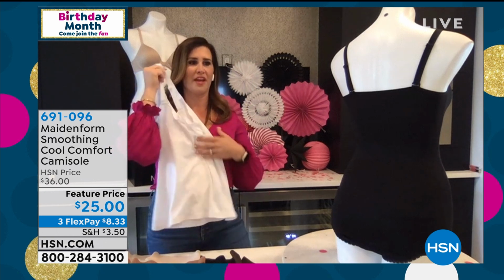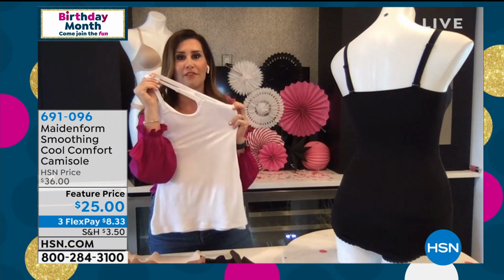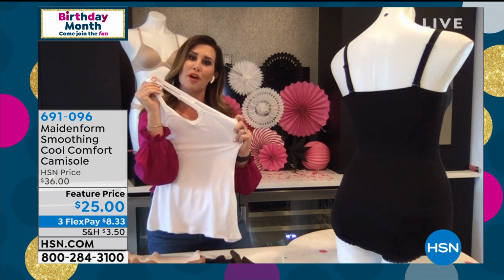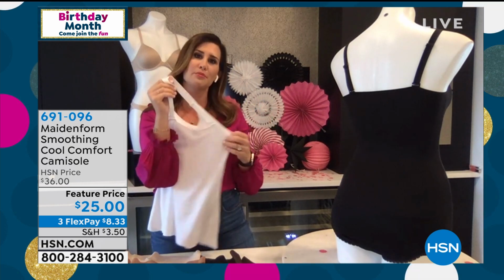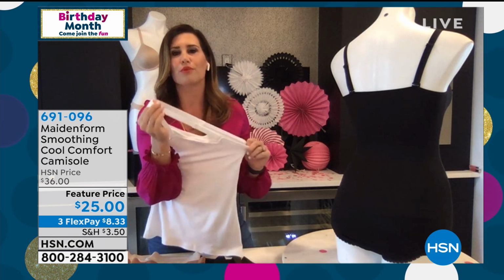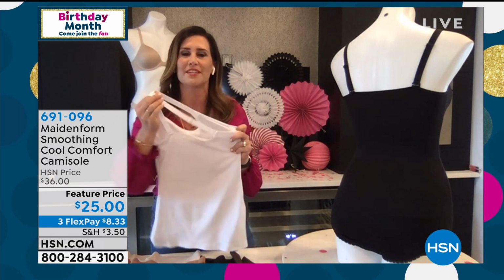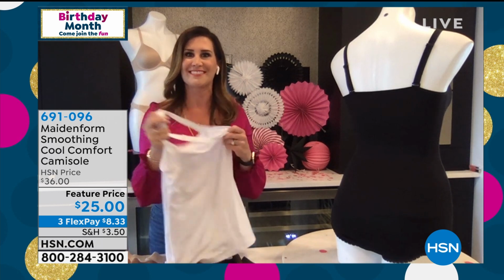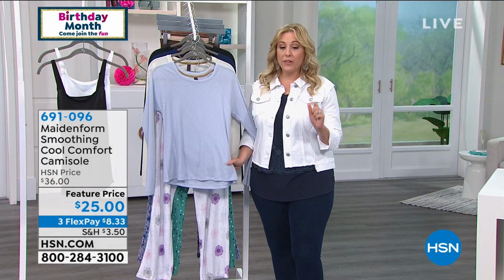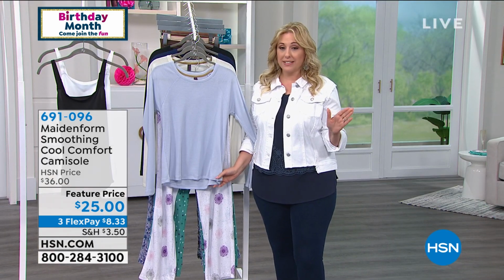Yep, that's exactly right. Again, it's that cool comfort wicking fabric. So it actually is a finish we put on this that releases the moisture off of your skin. So in the summertime, in the winter, like you said, Helen, when you're wearing a really heavy sweater and I know it gets kind of sweaty under there, this is going to be your go-to no matter what time of year it is. All right, well, we've got just a couple more seconds left in that,